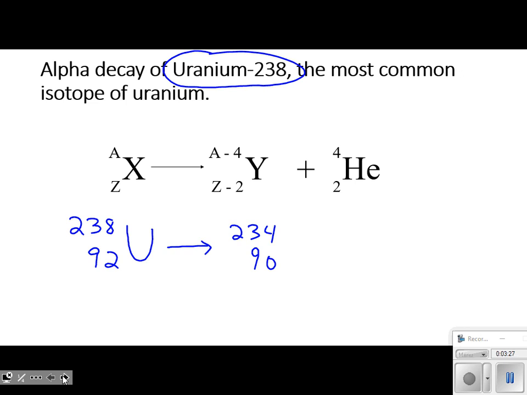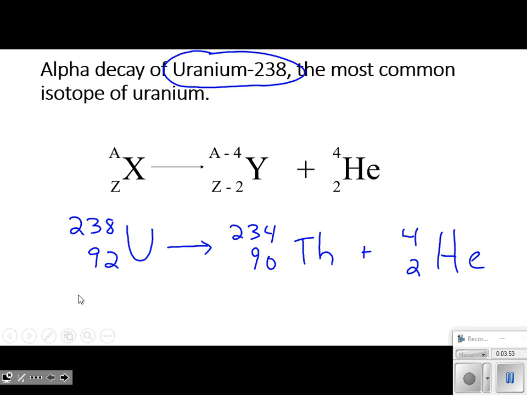Thorium. So my symbol for Y is going to be Th, and then I'm going to finish up with my alpha particle, which is helium. It's that easy. I've just written the alpha decay equation for